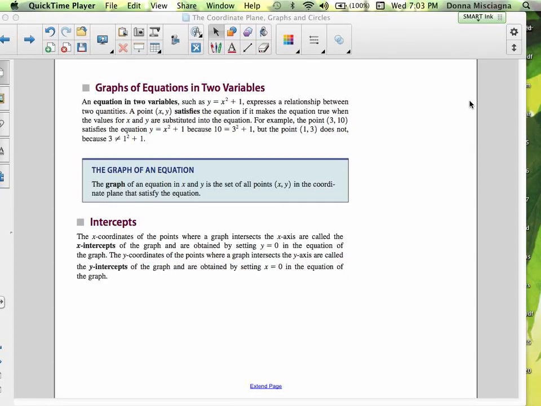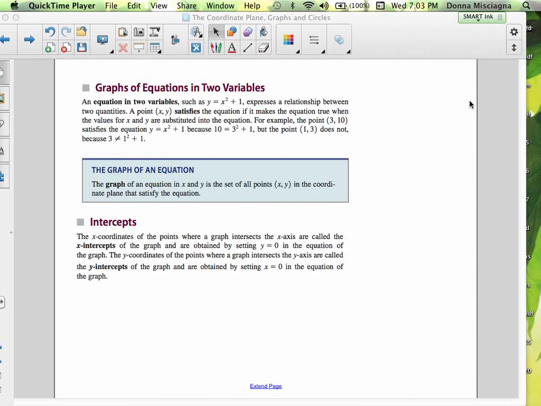Graphs of equations. This is a relation: is the equation true when the values for x and y are substituted in the equation? For example, the point (3, 10) satisfies the equation y equals x squared plus 1 because 10 equals 3 squared plus 1, but the point (1, 3) does not, right? Because if we plug in 3 for y and 1 for x, well, 3 does not equal 1 squared